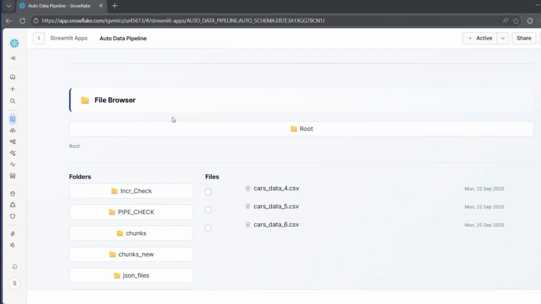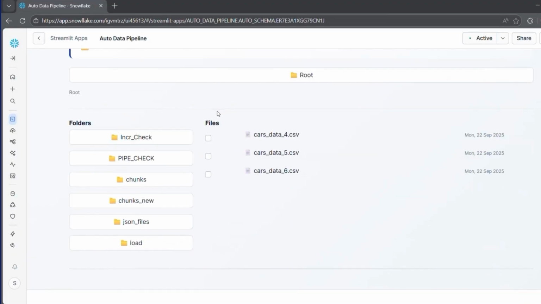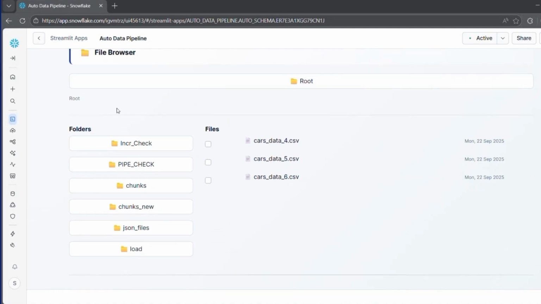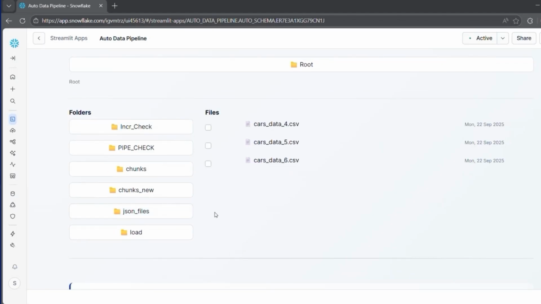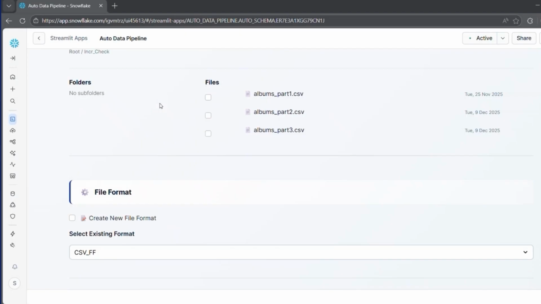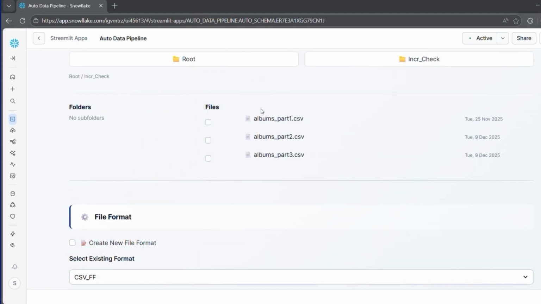Next is the file browser. This is a typical file browser. Here you can see the root, which is the folder location we are in, with the folders and the files in that location. Right now we are in the root, and we have these files and folders. For this demo, we'll load the IncreCheck folder. Inside IncreCheck, as you can see, we have three files. If I select a file,